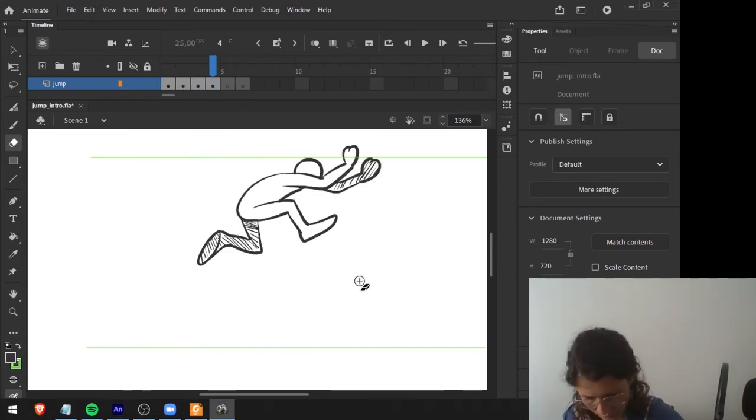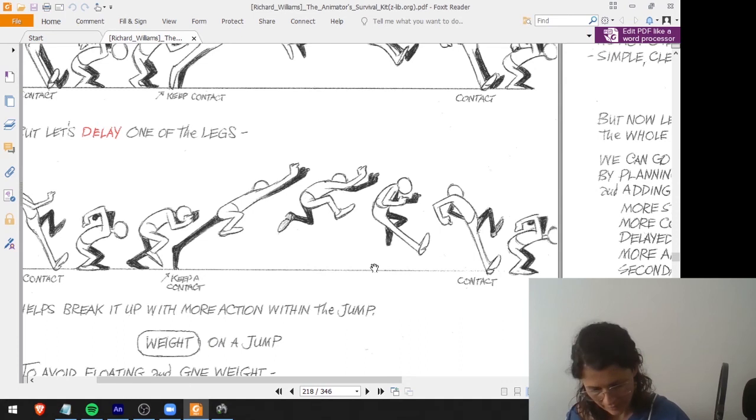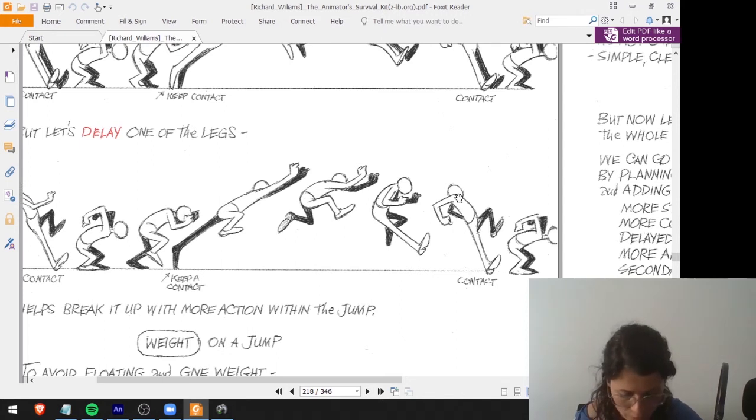Okay, so now let's make the second part of this jump, the moment where the body gets ready to go to the ground. So let's take a look here. What we see here is the character starts to get ready to touch the ground. He's going to touch the ground with the right foot. And you can see a slight stretch here, but the more intense stretch will be here, and everything is stretched. Once again, everything that is important for this pose.